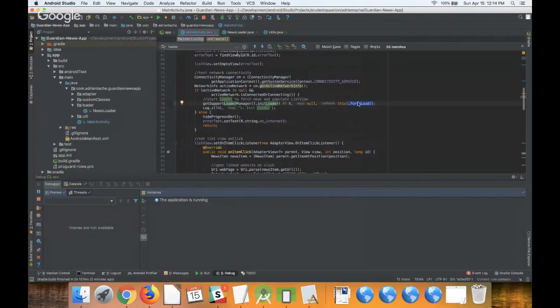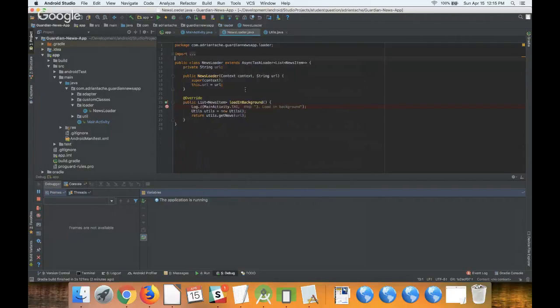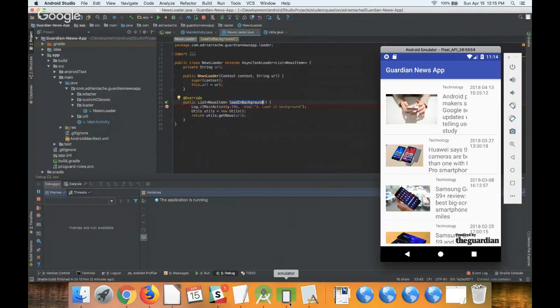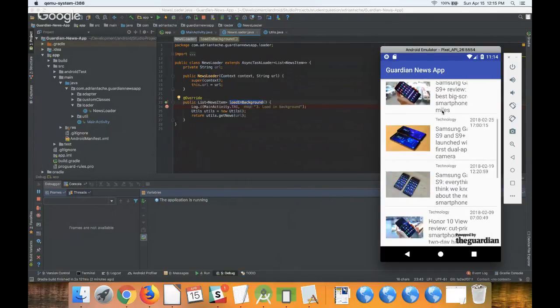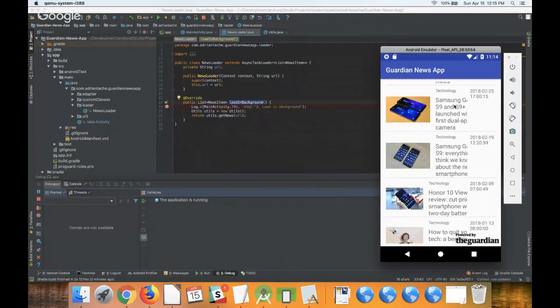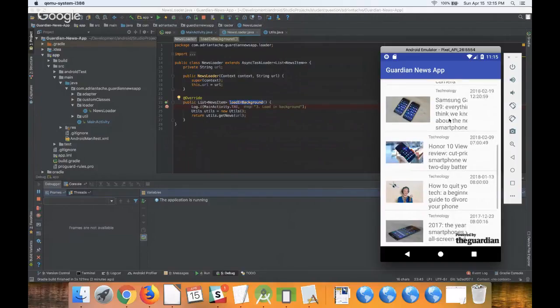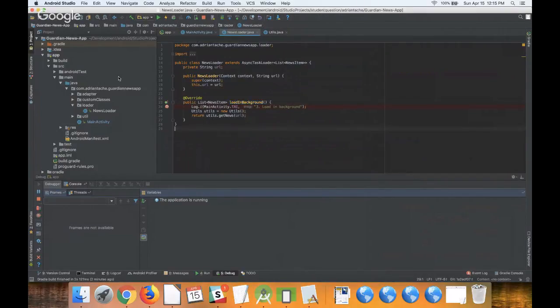So if you add this force load, that will force the loading background to run, and your network code will be effectively done, and the rest seems okay. You probably need to tweak the UI here, but your data seems fine. Hope that it helps. Please let me know if everything makes sense to you now.